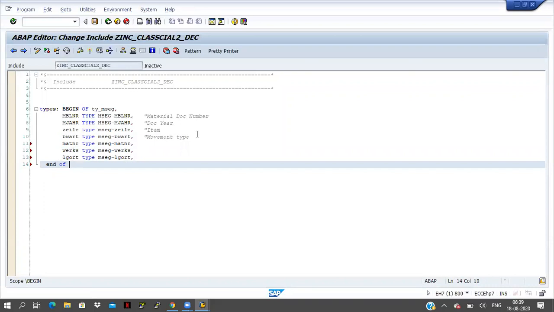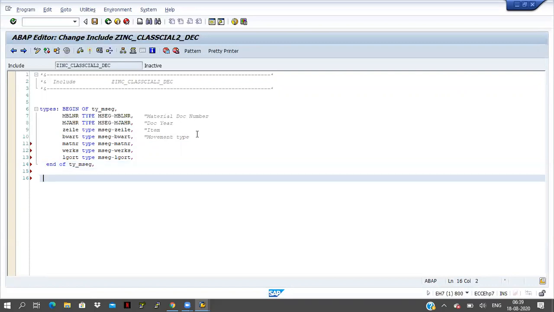End of ty_mseg. Here I am not giving a dot. If I give a dot, then the type will end here, but I'm not giving a dot. I am giving a comma here, which means I am declaring one more type. Here I will start begin of. I don't write types once again, because I'm keeping a comma here. If I keep a dot here, then once again I have to start types. But I'm keeping the comma here. That is why I'm writing begin of once again, begin of ty_